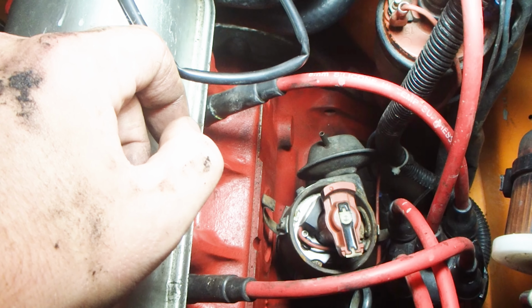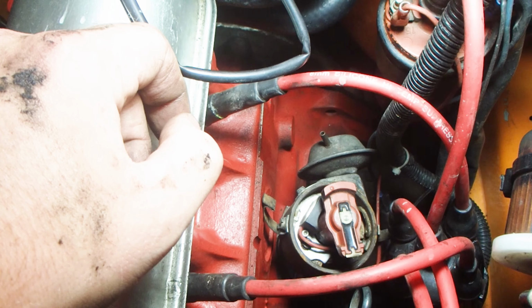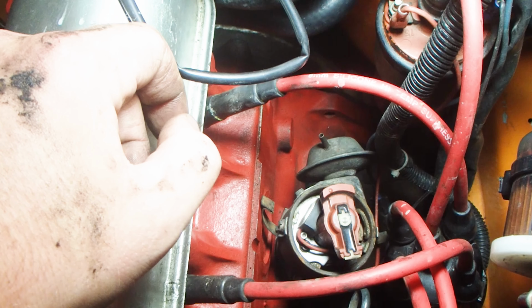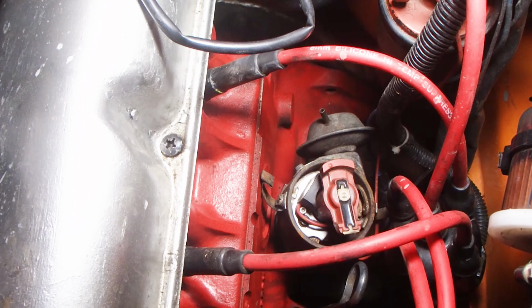So what I've been having happening is the engine's been consuming the fuel too quickly, it's been igniting too quickly, so I want to make the spark happen later in the cycle. To do that, I'm going to turn this whole piece here, it's like turning the whole radiator cap a little bit to the anti-clockwise, so that this rotor button hits each cylinder a little bit later, and I get